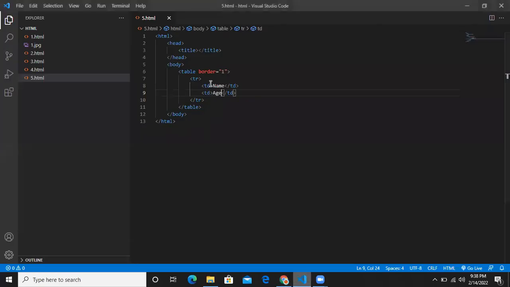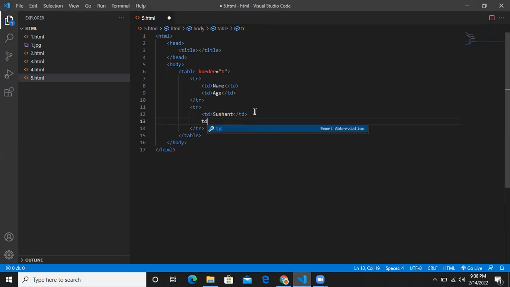Okay, and I will add one more table row in TD, and there I will add Sushant and TD 24 years. Okay, and save and refresh it. So you can see there I made a table,